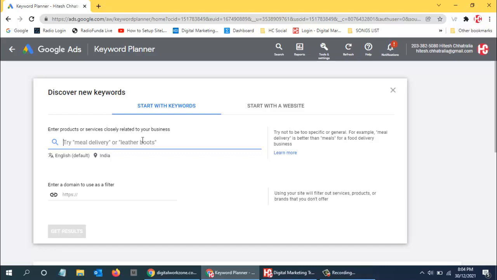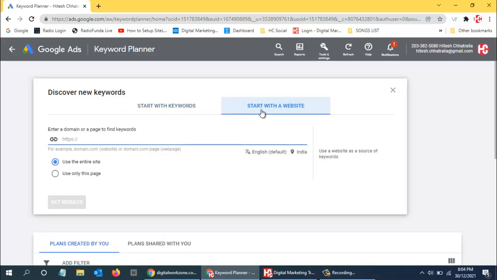Now suppose you know any website, maybe your competitor's website, so you can click on start with a website, and then I can add a URL. Then I can click on use entire website, and then click on get results.